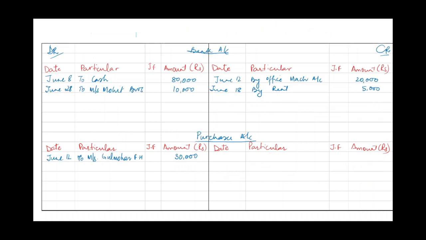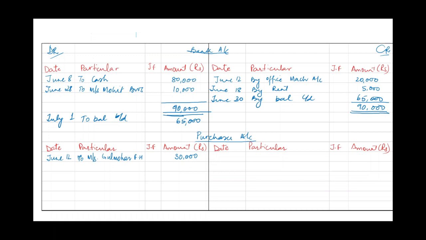Now I will close my bank account. Bank account this side, the more heavy side is on the debit. Debit what comes in, debit always cash in bank should be more, unless bank has an overdraft. Cash can never have a credit balance. Bank can have a credit balance. I always total it with 2 lines, and this is 90,000. So I will say 90,000 minus 25,000 gives me 65,000. So this is 65,000 on June 30th. I'll say by balance carried down. So on July, the next day, you will say to balance brought down